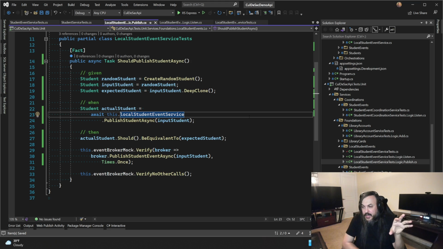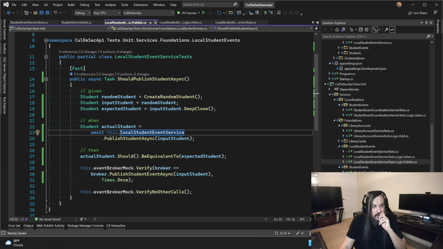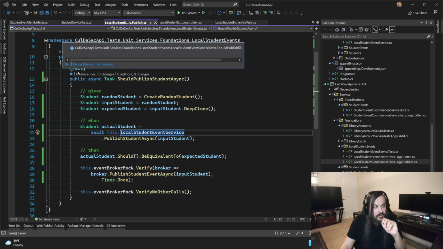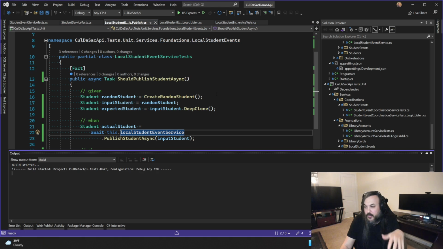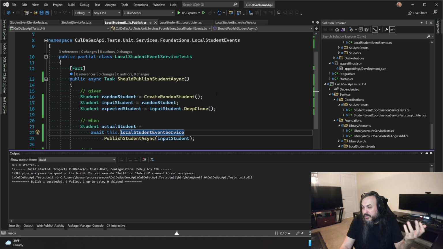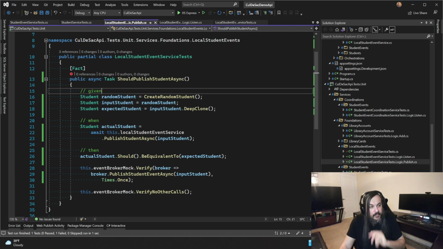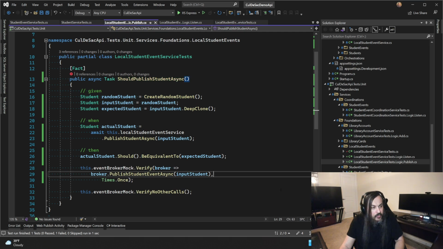So there's my student service, my local student service is doing that, but the event itself is not returning anything, which is the right thing to do, because long term, just like I said, you're going to have multiple subscribers, and you won't need to wait for a response from any of them. In fact, the whole idea is to just fire and forget. You're firing it and you're forgetting about it. Okay, so this guy's failing here. Great, not implemented exception as we expected it to.